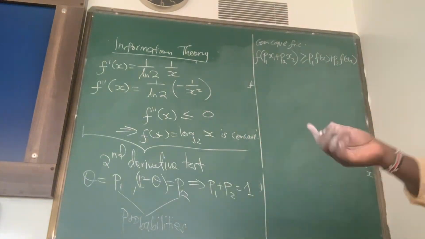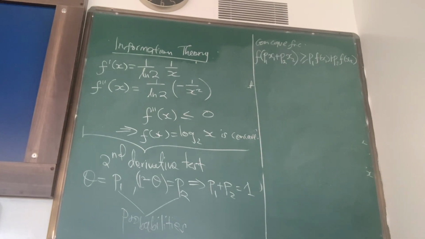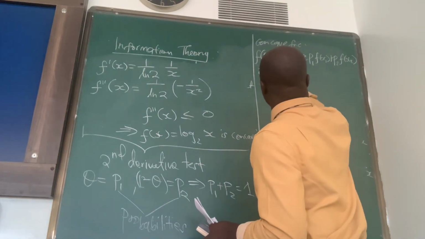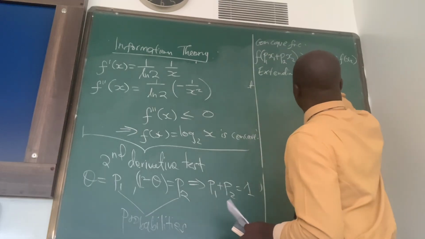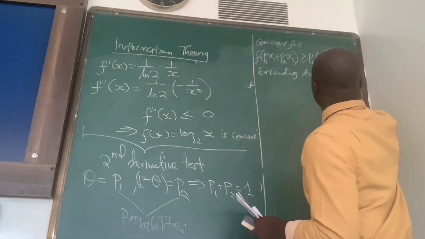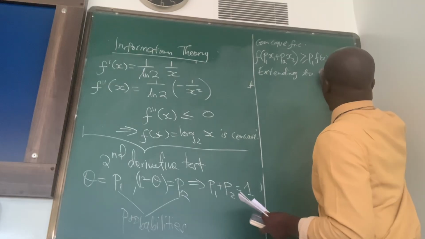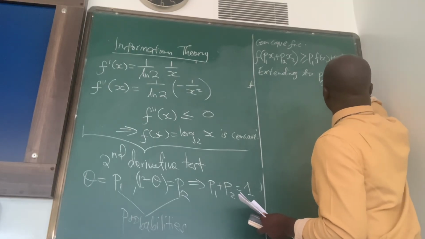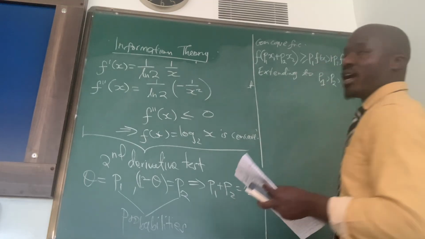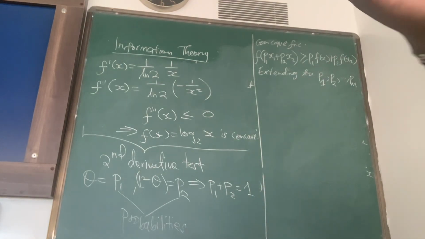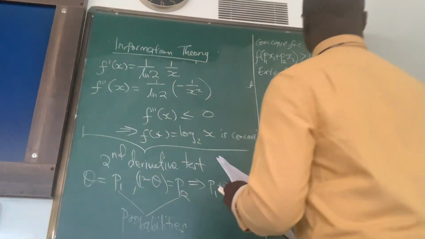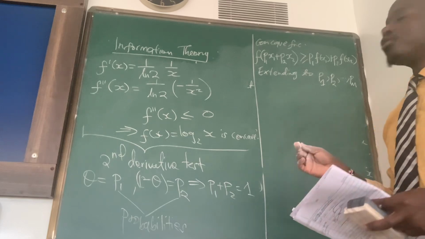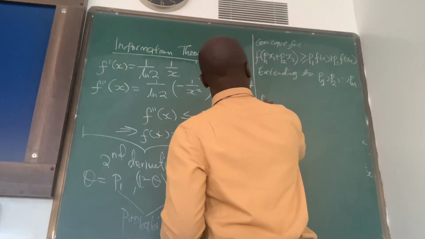Now, if you extend it to more than two p's, P1, P2 up to Pm. So if you have m alphabets, then this function is going to look like this. So we add all of them. As long as P1, P2 plus up to Pm is equal to 1, we can write this function as f,